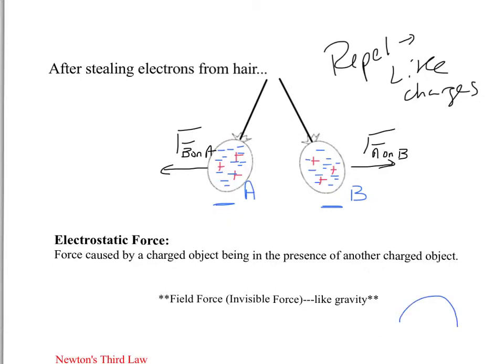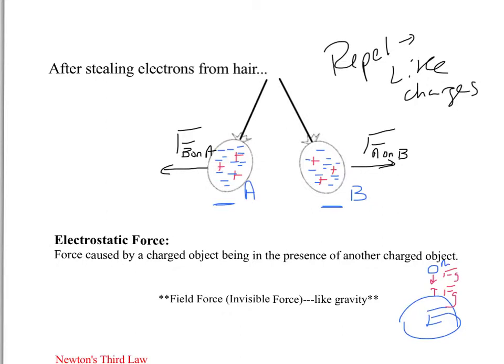We have Earth, let's call this Earth. We have our object, some small little object, some small little middle of mass. Let's call it like a balloon, or if it's a medicine ball. And that causes then the force of gravity. And the force of gravity actually acts in both directions. It causes the mass to fall down towards the Earth, and the same force is actually acting on the Earth